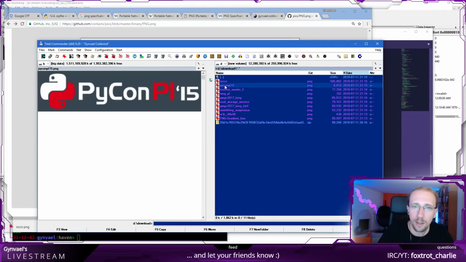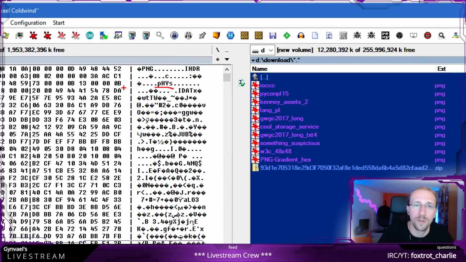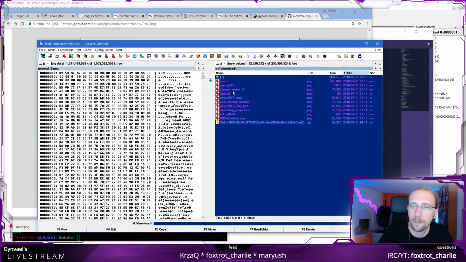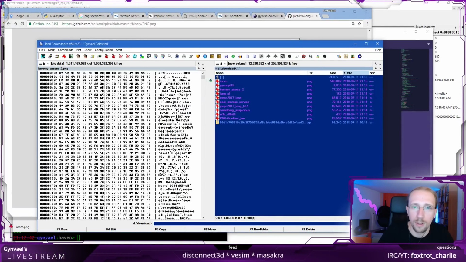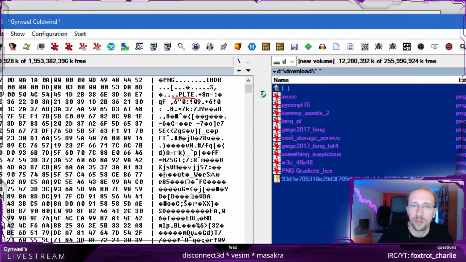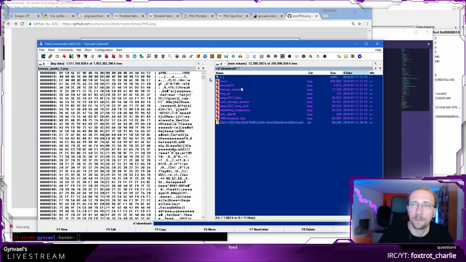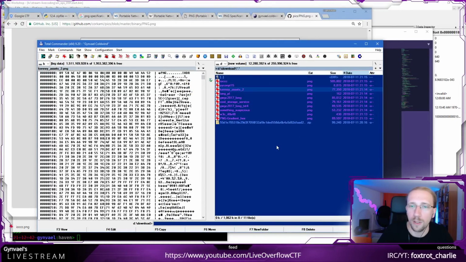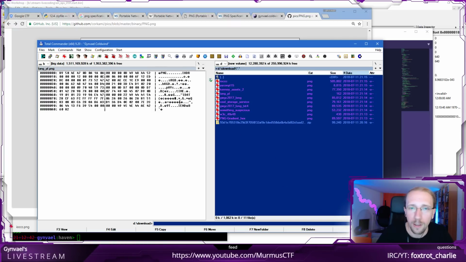Then if we go here, we have again the pHYs section. It seems to be really popular. Then we have this, which has a PLTE section. PLTE is actually palette, and this is only for 8 bits per pixel. I do not expect this one to be 8 bits though, so let's ignore it for now.